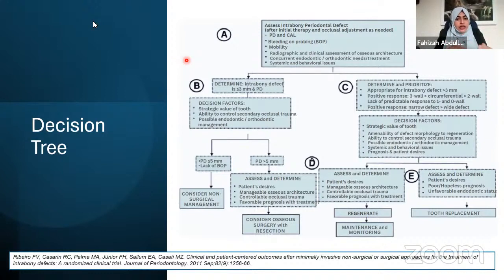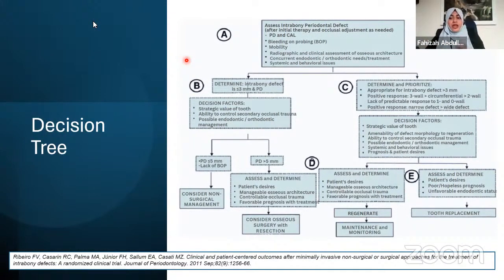Now, again, if the probing depth is less than 5 mm and there is no bleeding on probing, probably non-surgical treatment would be enough. But if there is bleeding and a probing depth of more than 5 mm, you need to see what the patient wants regarding the aesthetic concerns and then the manageable osseous architecture. So with all that, for more than 5 mm, probably you can consider osseous surgery with resection, but with a favorable prognosis for